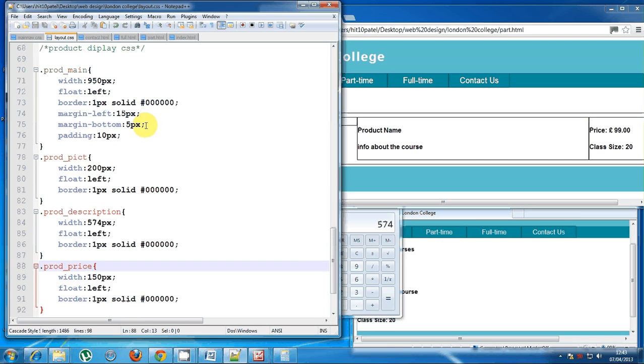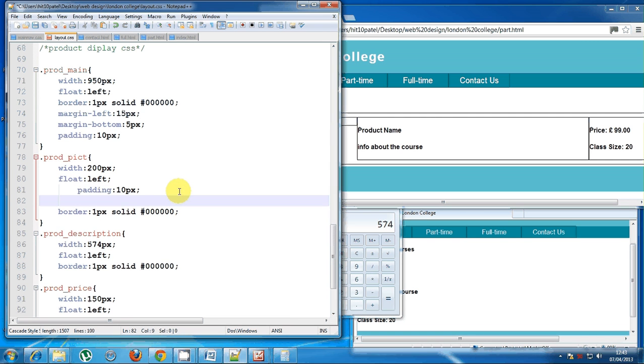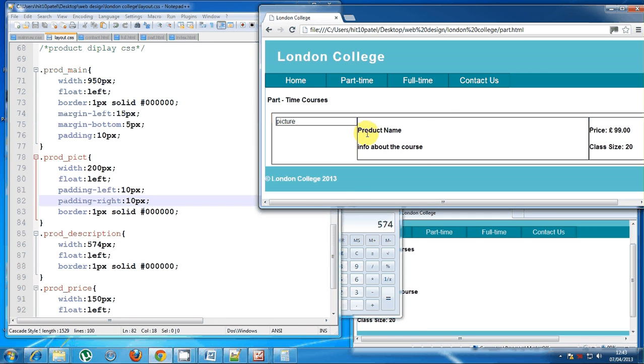So if I just come down here, more padding, Control C, Control V, Control V. So it's going to be padding-left, padding-right. Save that, press F5, and you'll see this will move roughly 10 pixels inside. You won't see the difference on this side because we haven't got any document which is written up to there. Okay, so if I press F5,